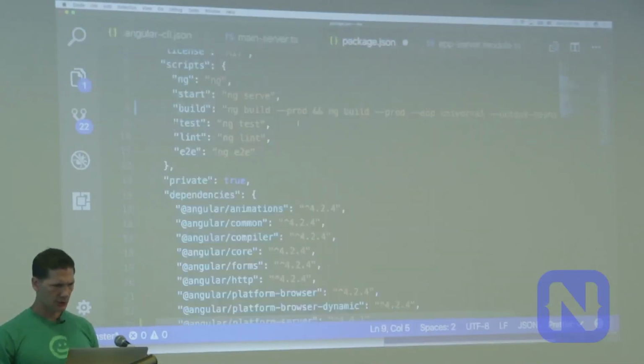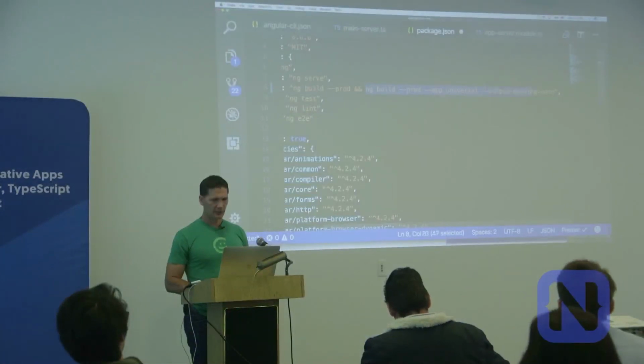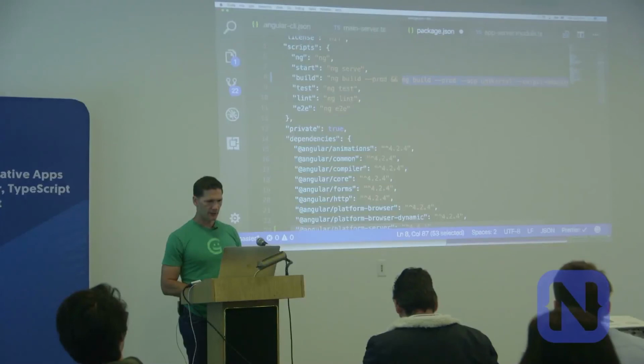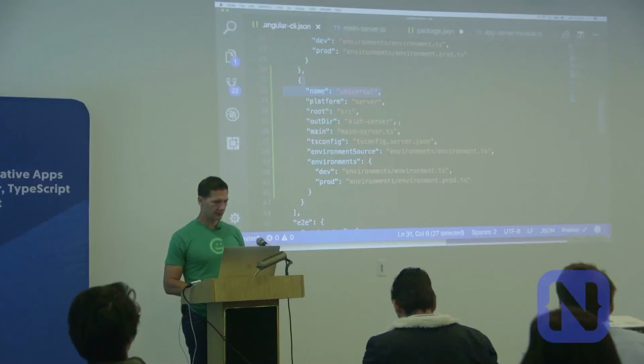And what this is doing is, so it's building the client here. So this part is building the server side. So the universal here is of reference to what I put in the CLI JSON. I named it universal. And so it's going to build it and put it into a dist server.